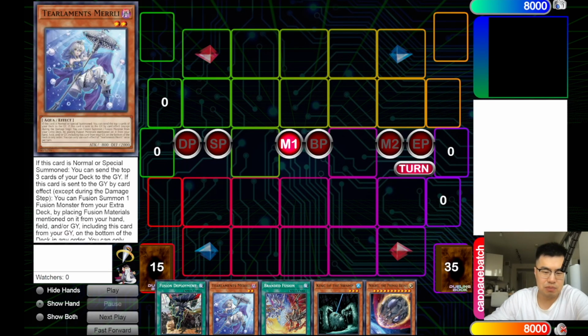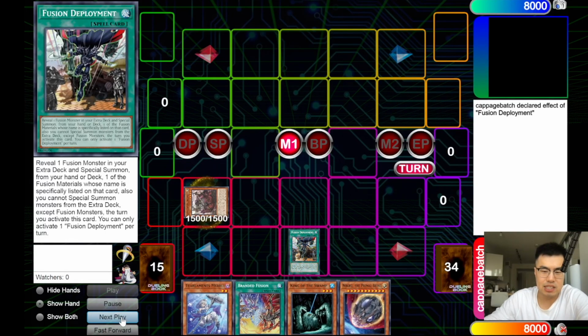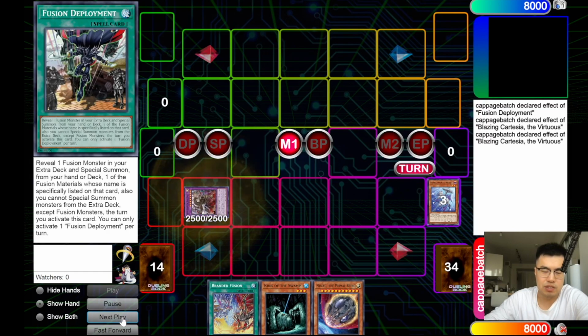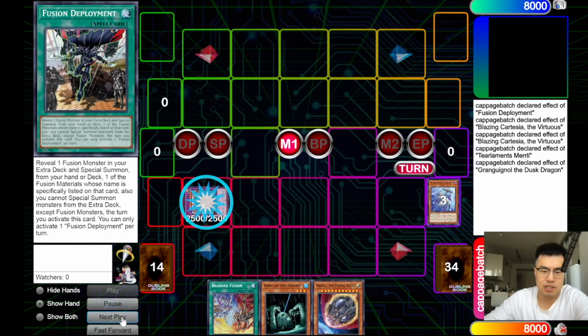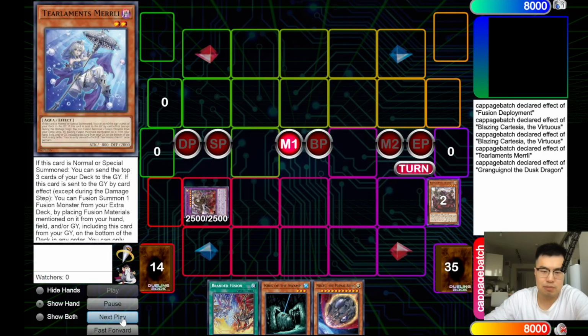We have the combo Fusion Deployment plus a tier name. So we're going to go ahead and activate that to special summon out the Cartesia by revealing the Grand Guignol from our extra deck. Going to use the effect here to fuse off with the Merly, going to Grand Guignol, Chain Link 1, Merly in the graveyard, Chain Link 2, Grand Guignol, dumping the Muddragon, going to shuffle that back alongside Merly to special